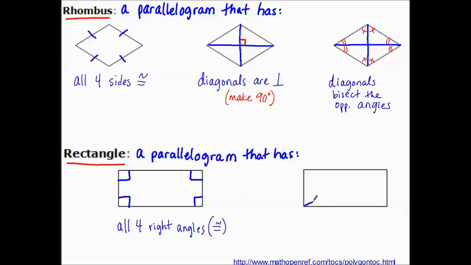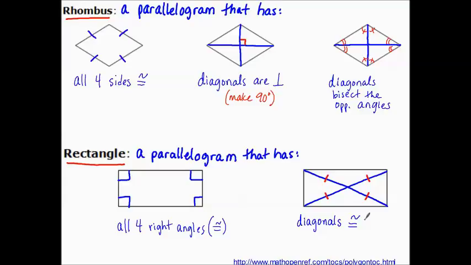The other property has to do with its diagonals. If we draw the diagonals in this picture of a rectangle, I'm going to draw this one a little bit better. Hopefully you notice that the diagonals are the same size. How do we show that? Well, this piece and this piece, of course, are congruent because the diagonals bisect each other in the parallelogram. But unlike how we changed this to 2 slashes and 2 slashes, because these diagonals are the same measure, it's going to be the same types of slashes. So the diagonals